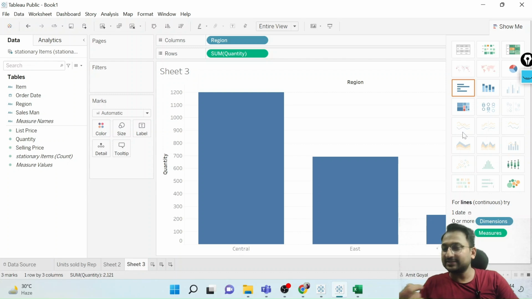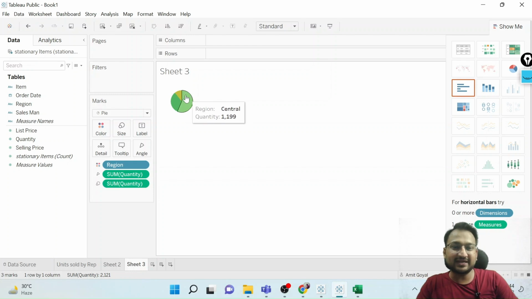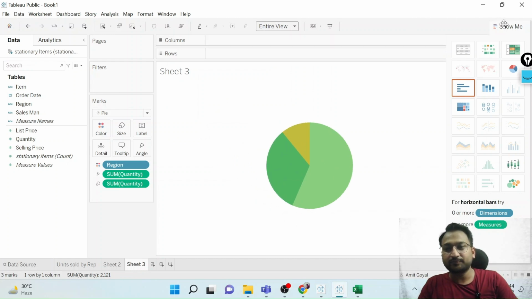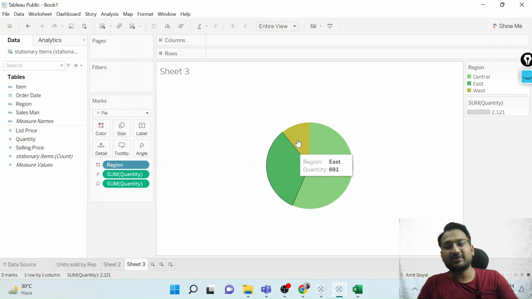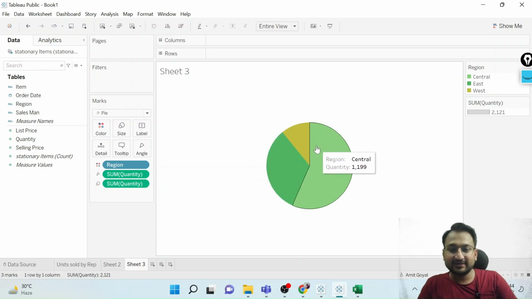For that, at least you need one date field, which you do not have right now on this chart. But yes, we wanted to convert it into a pie chart, which we can. If I click on the pie, the same chart gets converted into a pie chart right now. I can click on standard and make this chart as an entire view. So you can all see this chart has now been converted into the form of a pie chart, and the